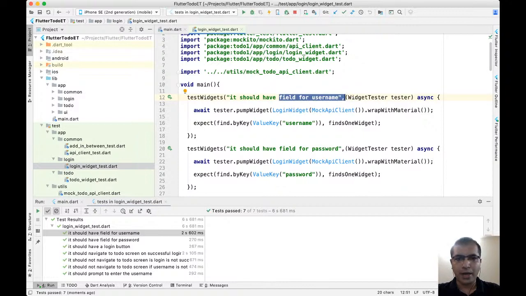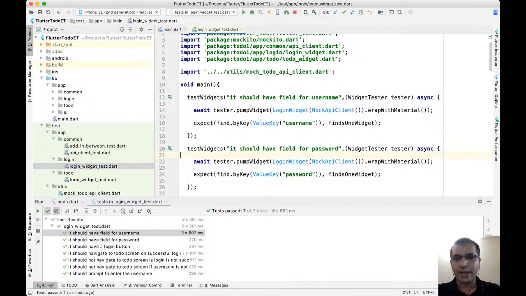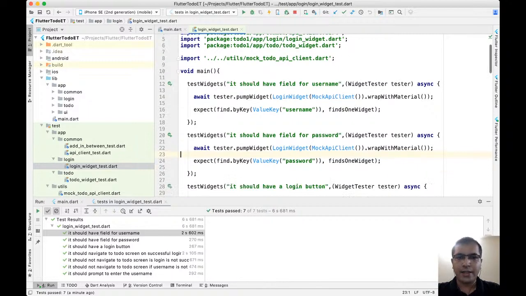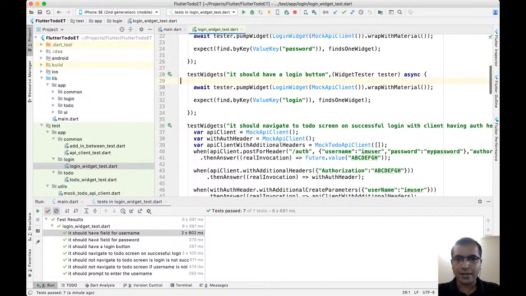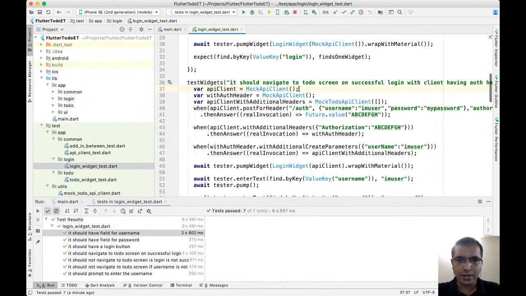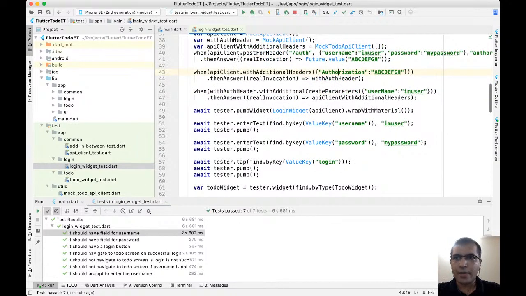I got it to pass. Then I wrote another test for having a password field. I got it to pass by making the required changes in the widget. And finally, after writing the UI type of tests, I started mocking out different behavior and testing out whether the flow works fine.